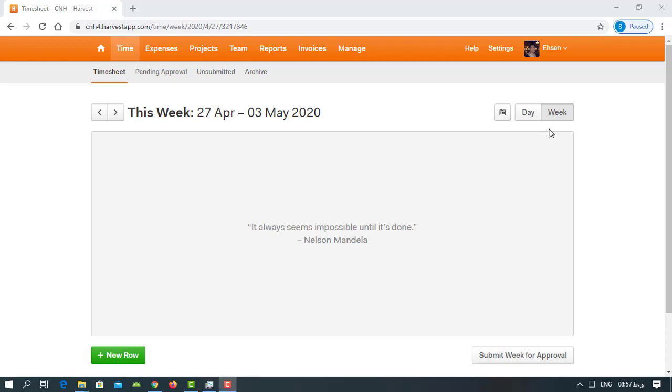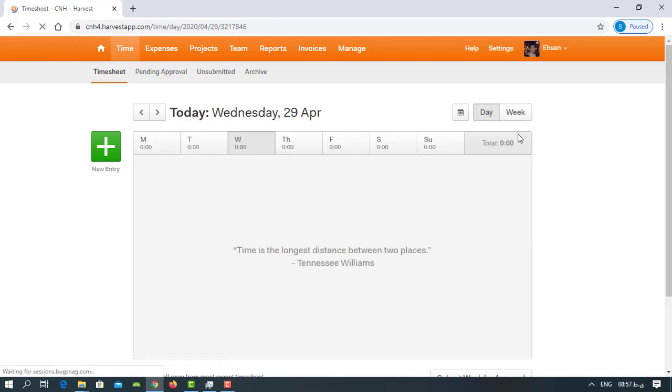To give the input in our timesheets in order to track our time, we have two options. Doing so on a weekly basis or on a daily basis. Now we are going to try to input time data in both of the methods, on weekly basis and daily basis, and see the differences. To do so, you have to click on the new entry,